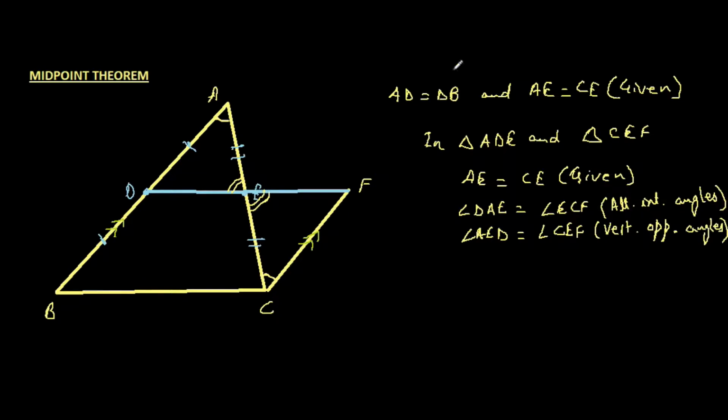Well, so we have got three conditions. Now let's see whether that will work or not. AE is equal to CE, which is a side. We've got DAE, this angle over here. And we've got angle AED, this angle over here. Now, if you look at the side, it is between those two angles. So it is the included side. So we've got two angles and one included side. So we can say that by the ASA congruence rule,